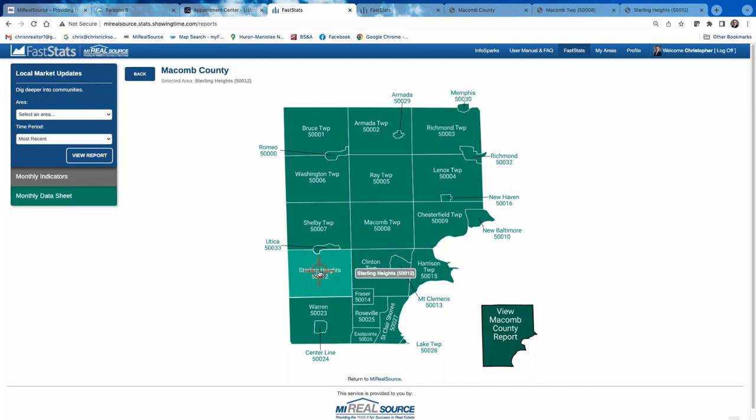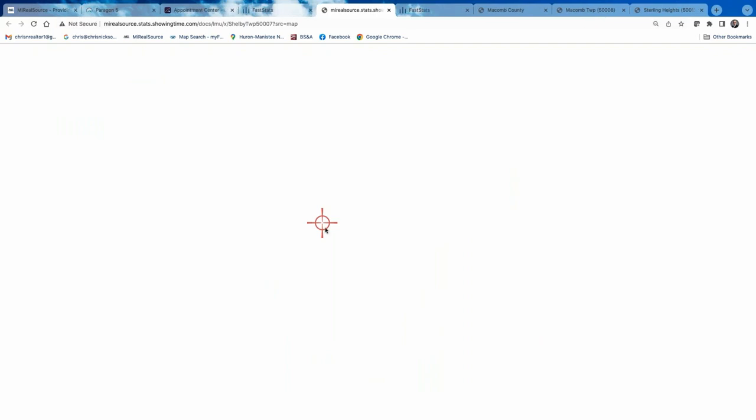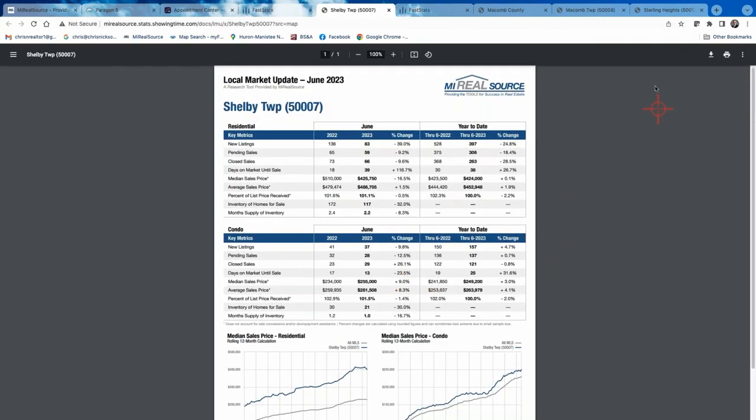I said, tell you what, give me your email real quick. Or sorry, give me your cell phone real quick if I didn't have it. And then I would open up Showing Time. I'd go to Shelby Township, let's say, and then I would just send this report right to them, right to their phone, and text it to them right away. So now they're getting real-time information right away. I'm looking like I know what I'm doing, and I'm giving them the correct